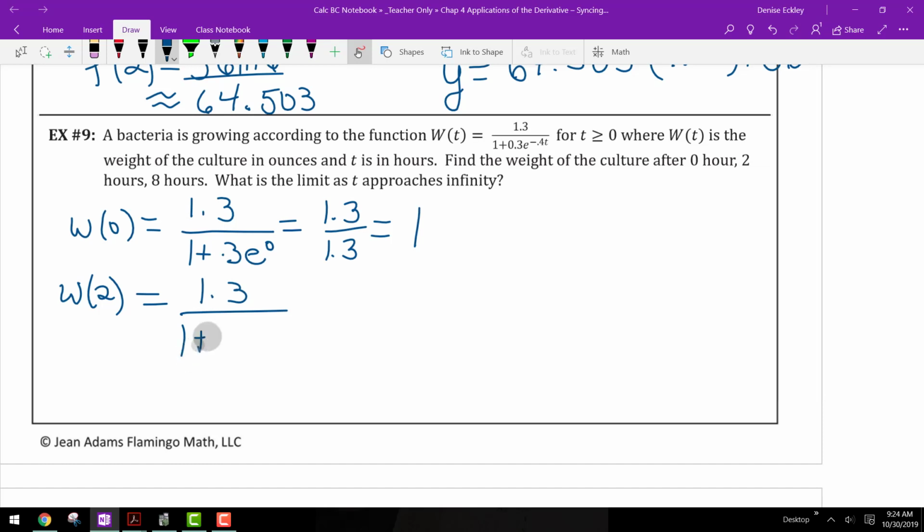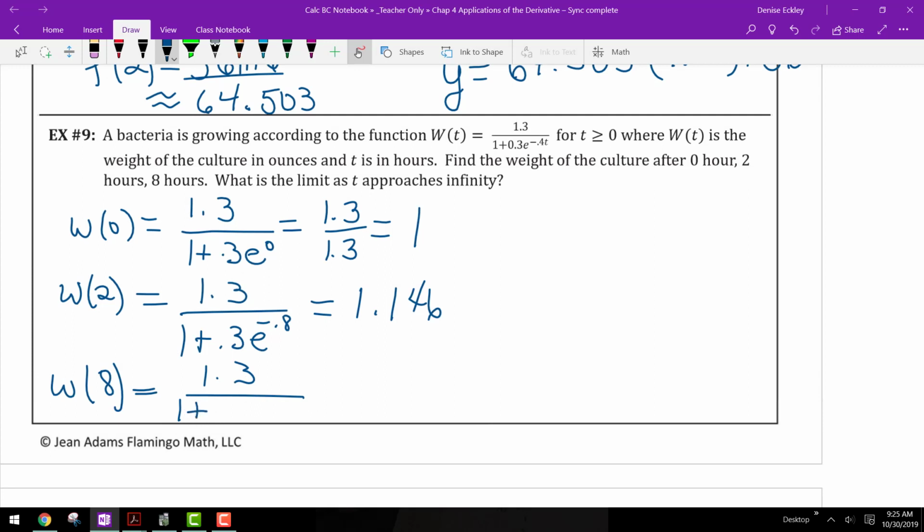So I have 1 plus 0.3, and e is going to be to the negative 0.8, because I'm going to take 2 times 0.4. And so that's going to be about 1.146. And then w of 8 is going to equal 1.3 over 1 plus 0.3